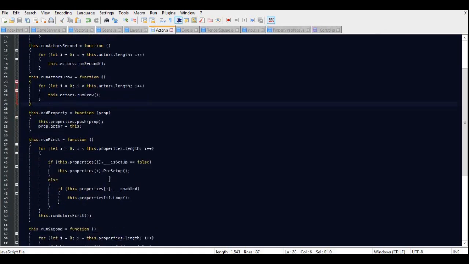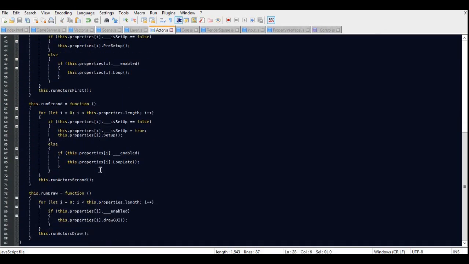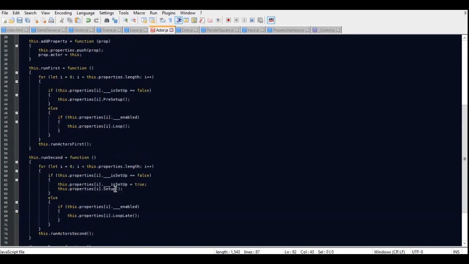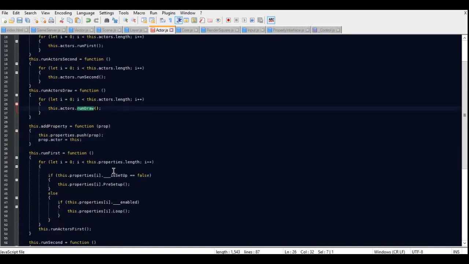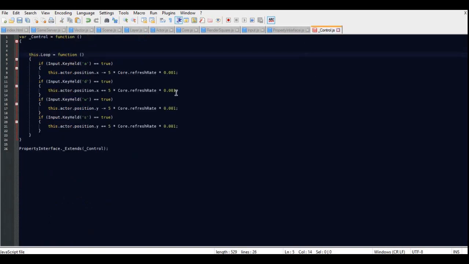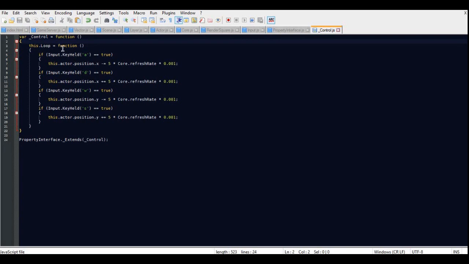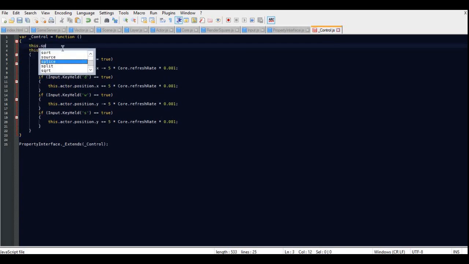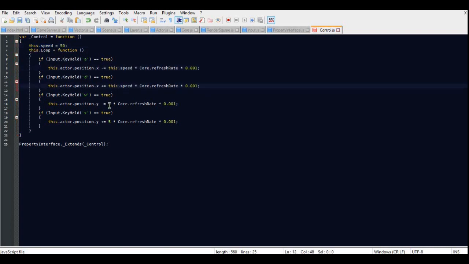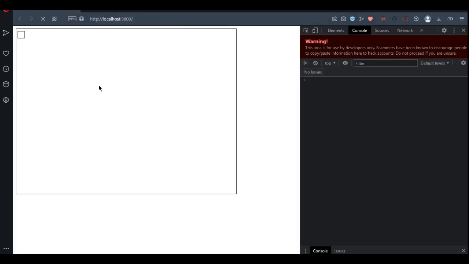Oh, I need to update it in Actor. And I believe this should be alright, yeah. At some point I might change all that, but not today. This dot speed. So this is already looking a lot more like Unity, but if we do this dot speed, this dot 5, change it from 5 to speed, we can then have some adaptability on the